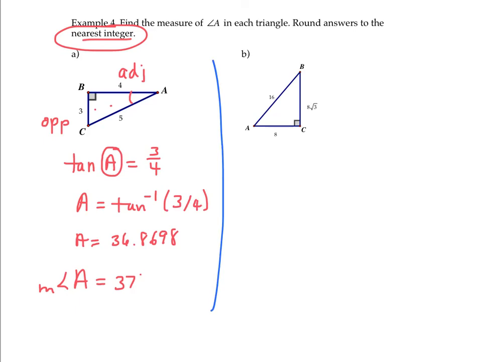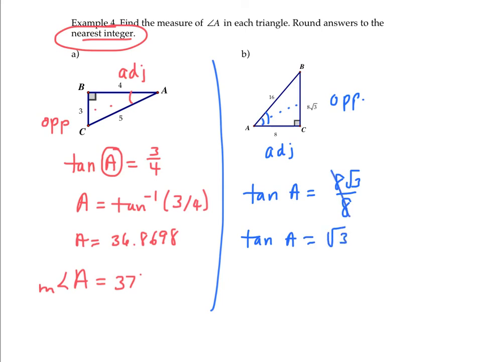Okay, let's try another one. In the second case, angle A is down here in the lower left-hand corner. So if we travel across the triangle, 8 square root of 3 is the opposite side, and 8 is the adjacent side. Again, 16 would be the hypotenuse, and we don't work with the hypotenuse when we're dealing with tangent. So we would say the tangent of angle A is equal to 8 square root of 3 divided by 8. Now check out that fraction. We can reduce it and say the tangent of A is equal to the square root of 3